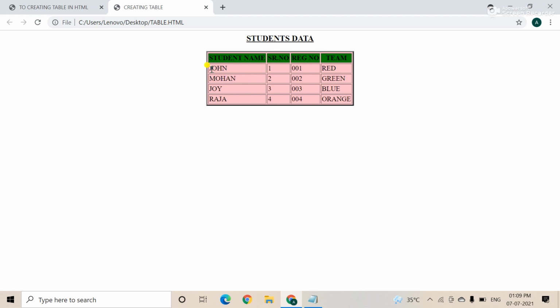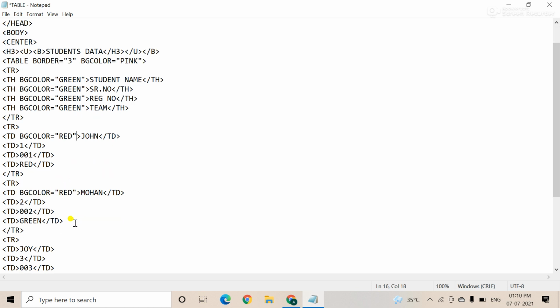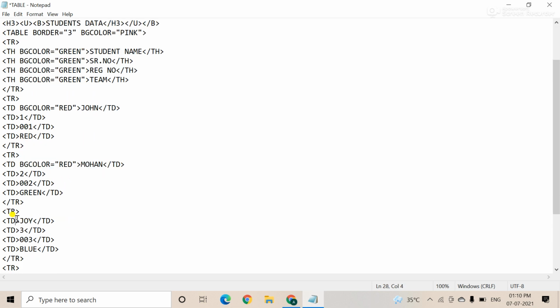But suppose you want to change only the names, the same thing. Suppose I want to change the name background color, Control V. Suppose I am using the red color, red. Okay, then again you copy like this. The first student, Control V, it is red. Here also red. The third one, use the red.